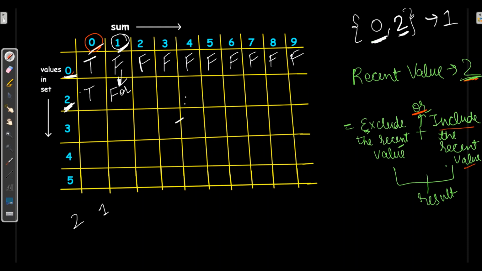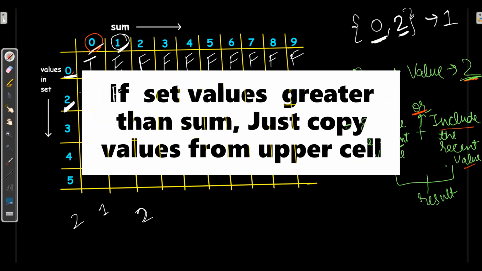So here also it will be false, and false or false is false. So if I have 2 in my set and I want to make a sum lesser than the value, it will always return false. If it is already returning false, I need not check the other condition. I will simply copy from above.